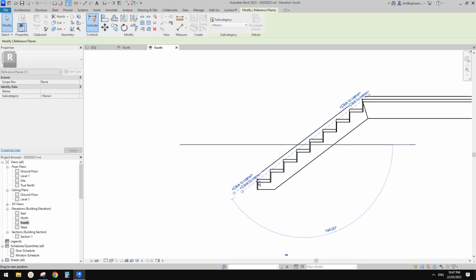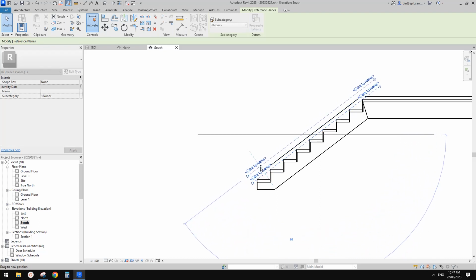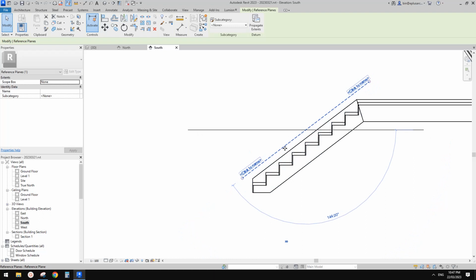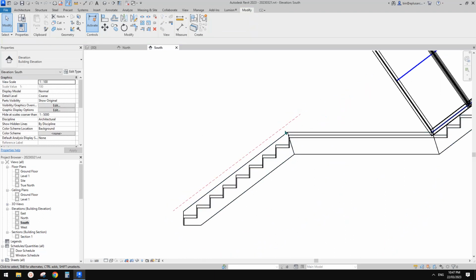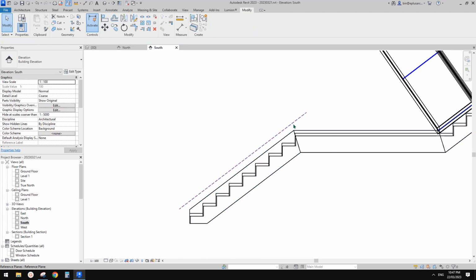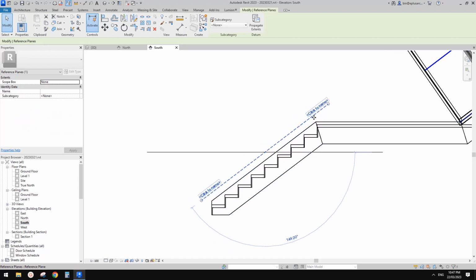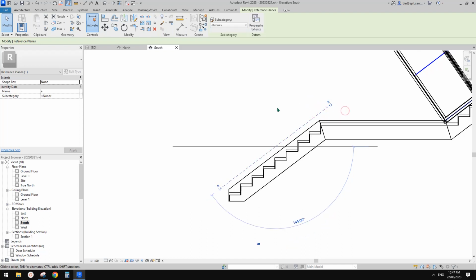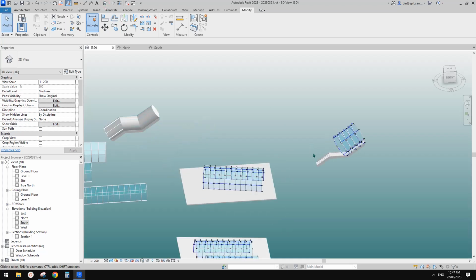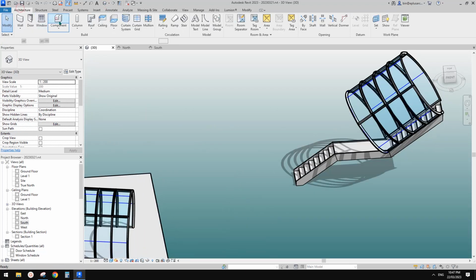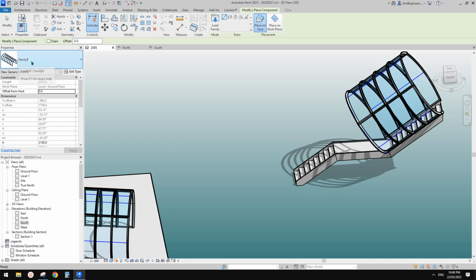You don't really even need to snap onto the point. You can even draw it away from that. So for example, I want to place it here, to have a gap between the stairs and that family. Yes, we can do that. The easier way is that we can just give it a name. Okay, now let's go to 3D view, and then we can just create that family, which is line based, and